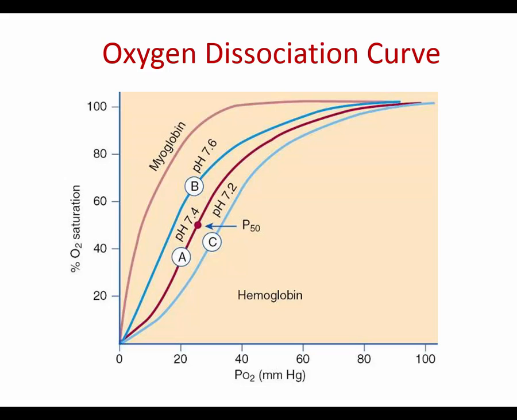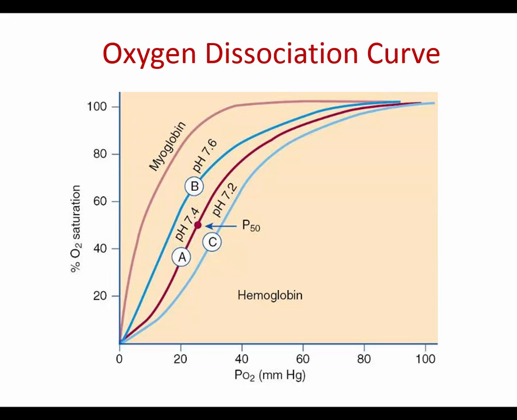Same thing for the myoglobin. You're going to have 80% of the myoglobin still bound to the oxygen, because this one is going to have a higher affinity. There are several things that are going to affect whether the graph is going to move left or right. To the right: increased hydrogen ion, number one. Number two, increased temperature. If you are having fever, your hemoglobin is going to easily release the oxygen to the